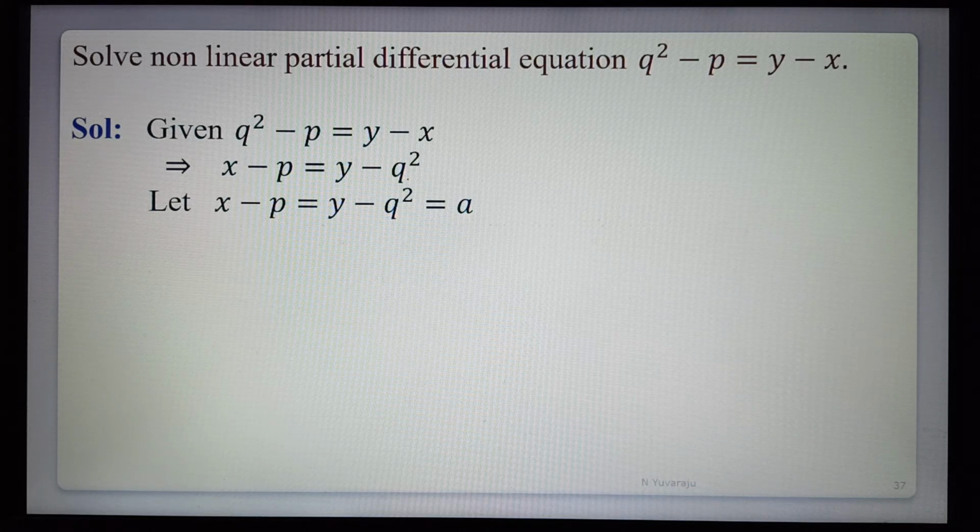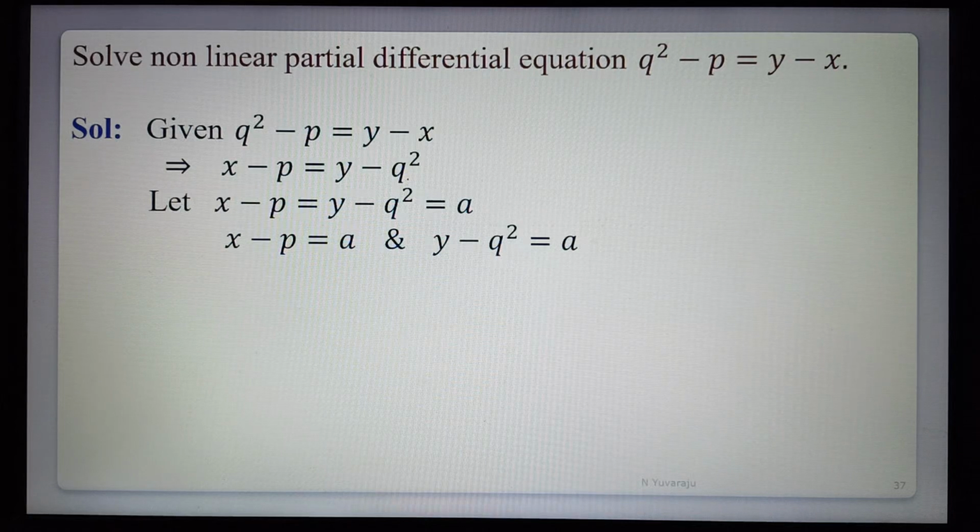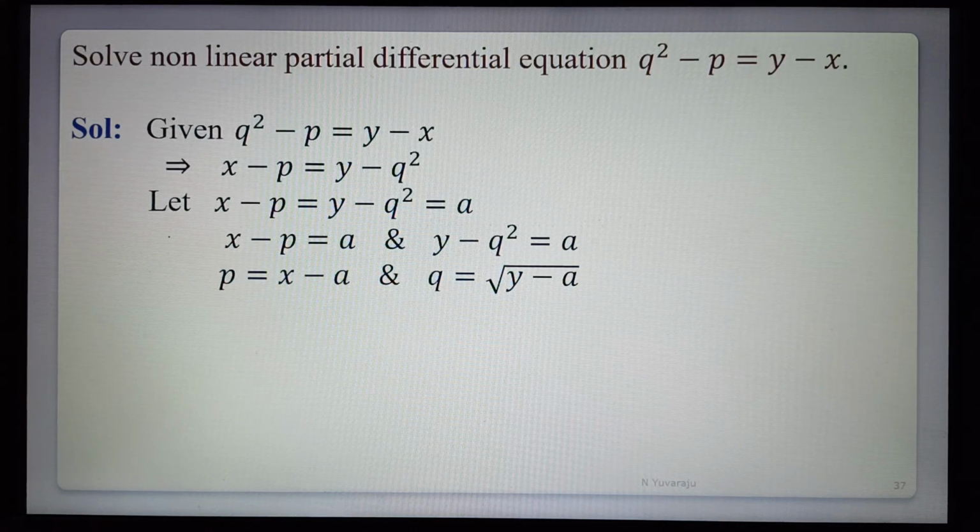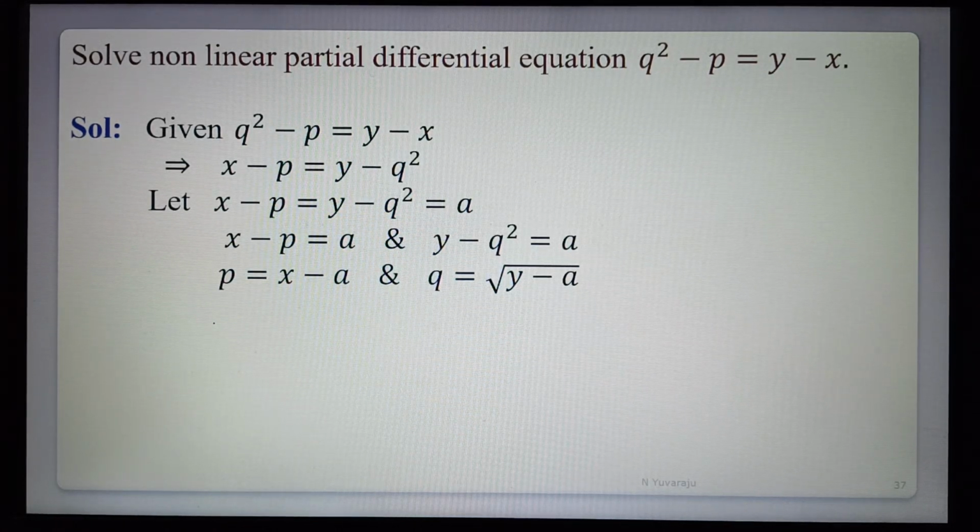Now assumption: x minus p is equal to y minus q square is equal to a. Equating each to a, we get x minus p is equal to a and y minus q square is equal to a. Now solving for p and q separately. First equation gives p is equal to x minus a, and q is equal to the square root of y minus a. Okay, p and q are eliminated by substituting both values in the equation